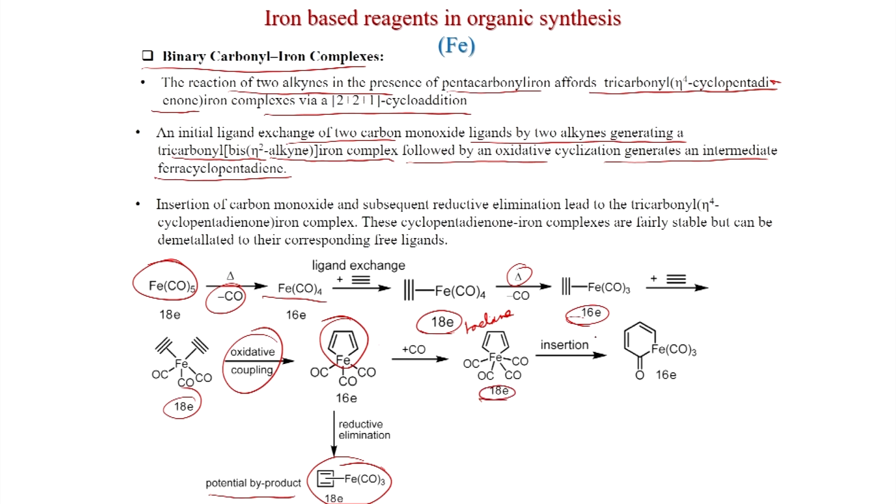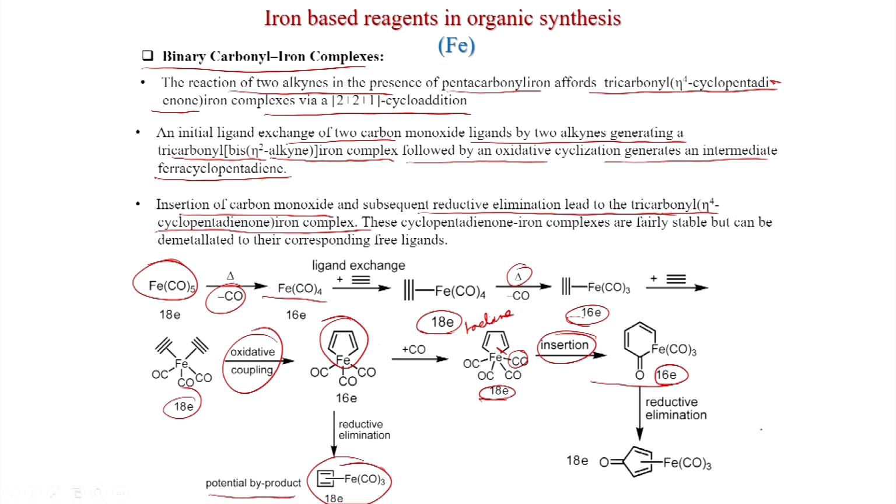and now the insertion will happen. So, insertion of carbon monoxide and subsequent reductive elimination lead to the tricarbonyl eta 4 cyclopentadienone iron complex. So, after insertion, here you see carbon monoxide inserts into this carbon iron bond and you get this 6-member ring, which is of course a 16 electron system, the iron, and after reductive elimination you get this. This is the product, 18 electron compound, that is the tricarbonyl eta 4